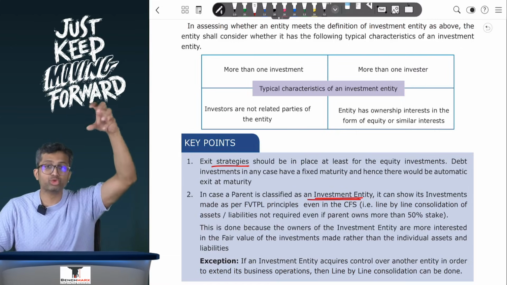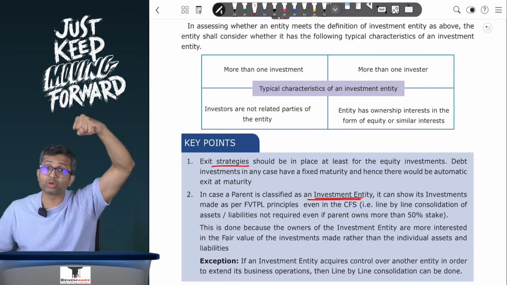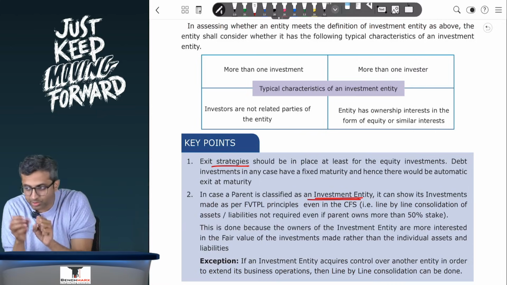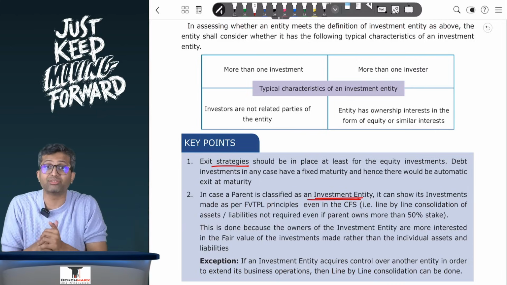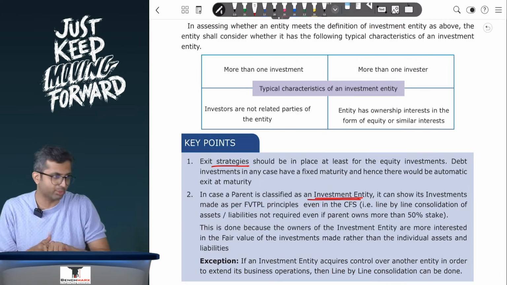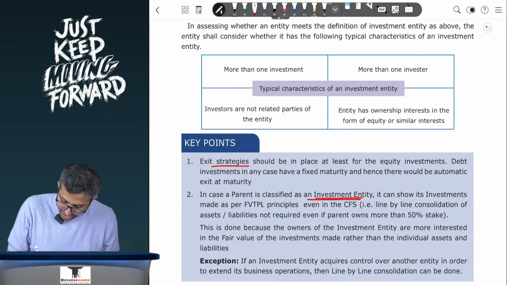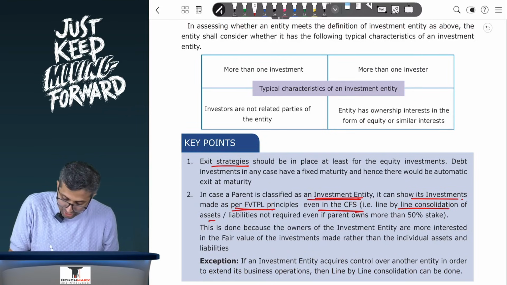However, if a mutual fund or a venture capital fund is acquiring another mutual fund or venture capital fund, in which case an investment entity is acquiring another investment entity, that is a business acquisition and not just a financial investment, in which case full consolidation principles can apply. So in case a parent is classified as an investment entity, it can show its investments as per FVTPL principles even in the CFS. That is, line by line consolidation is not required even if the parent owns more than